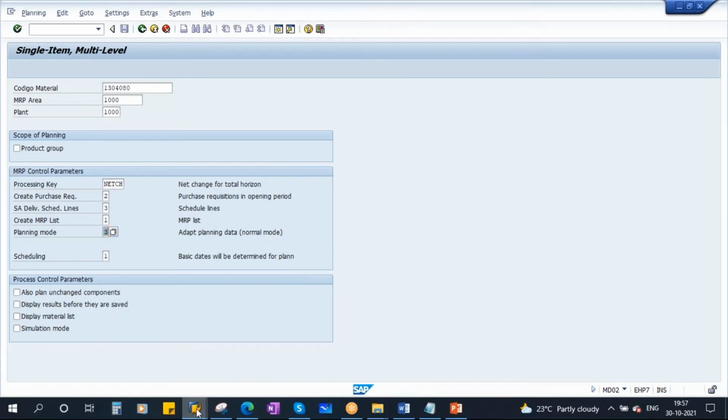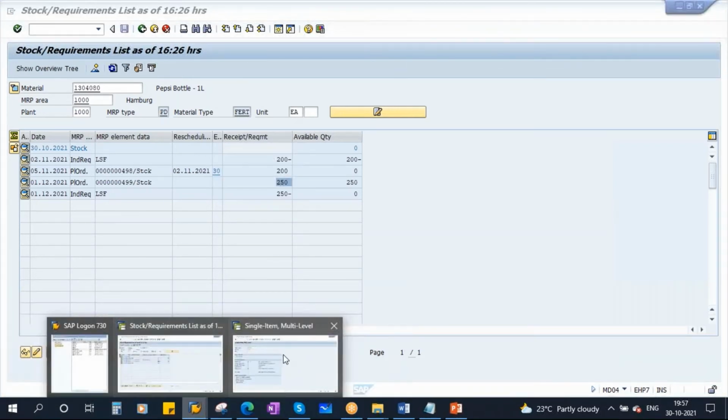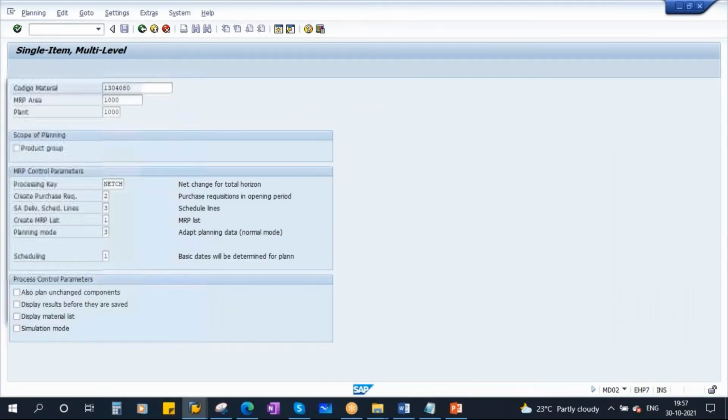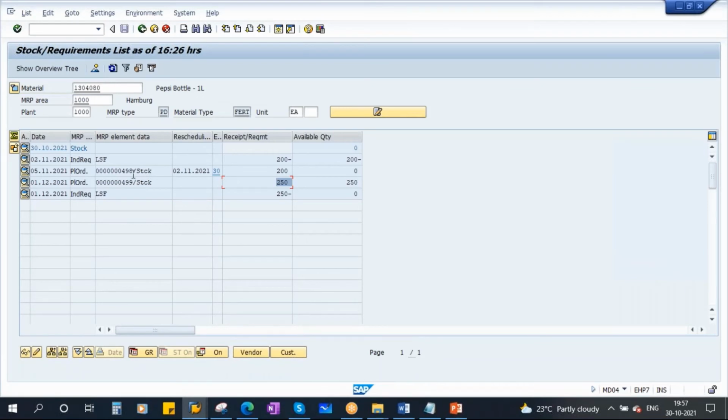I'm using 3. Of course, now I have not changed any planning situation. This is 200, this is 250, and the planned orders are 200 and 250. I have not changed anything, but if I use 3, all will get deleted and fresh data it will create. Delete and recreate. Done. Now if you go to MD04, previously planned orders were 498, 499. Now if I refresh, the planned order numbers have changed, even though there is no change in the planning data. So that means you are deleting the entire data and creating fresh data.